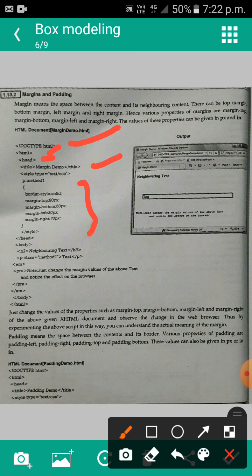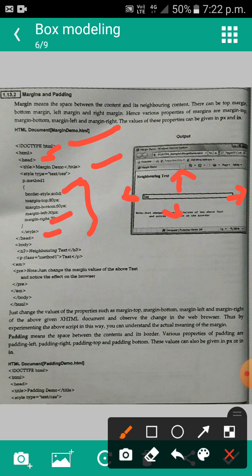P dot method 1, border style is solid, then margin top 80 pixels, bottom 60 pixels, then left 30 and right 70 pixels. Then we are closing the style tag and header tag.